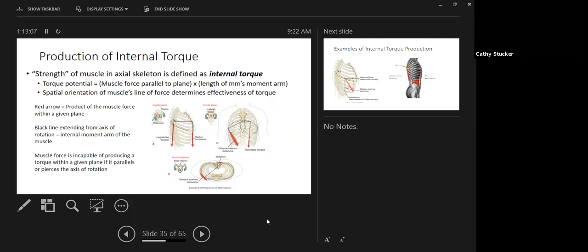Which one has the longer moment arm? Which one's farthest from the axis of motion? External oblique has a longer moment arm, right? So when it comes to producing a rotational force, which is what this arrow is showing, the multifidi is going to have to work awfully hard if it's the only thing counteracting the external oblique